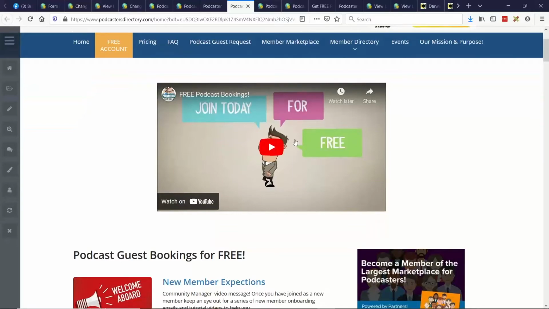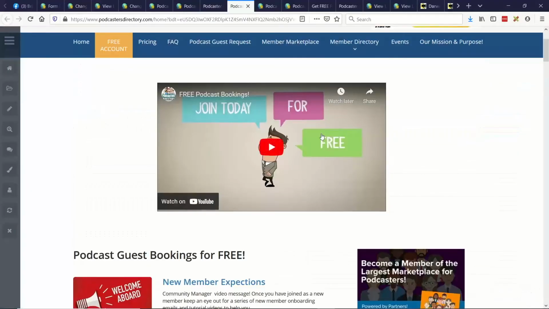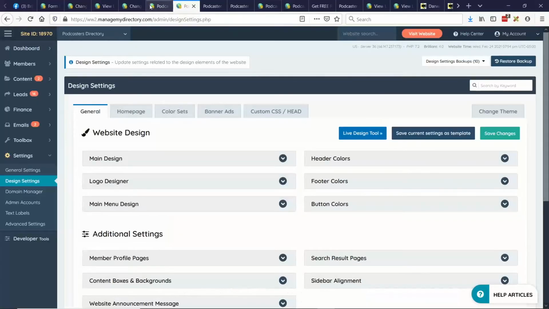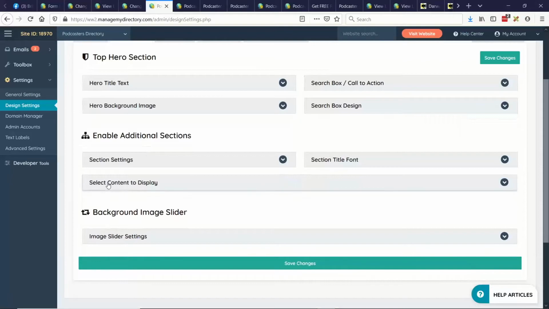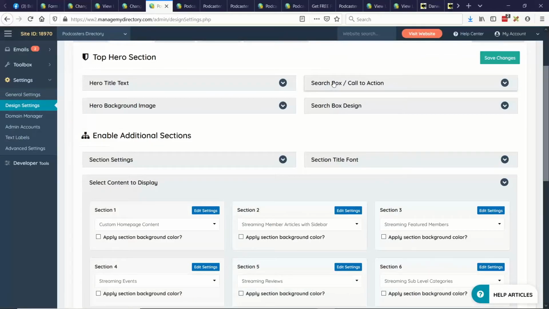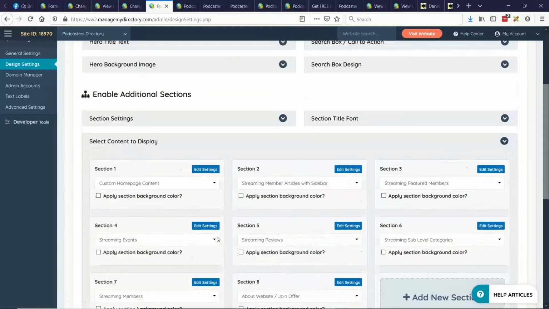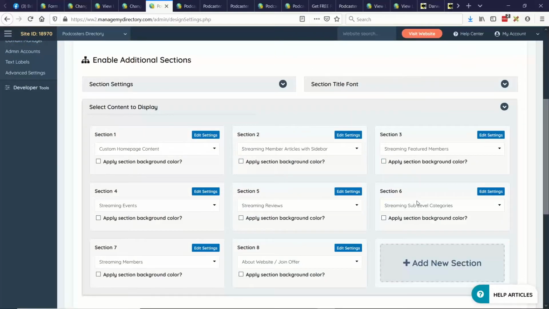So just put that landing page that you created. You can go ahead and put those items here, and then just work your way down the page. What you have here in your design settings on your homepage is the content to display. Your section 1, you've disabled the hero section, so that's gone. So now it's just going to start loading from section 1. In this case, you've set section 1 to be the custom homepage content, which you can very well make whatever you put on that custom landing page that you just created with the 1, 2, 3, and then you can still have all your other streaming items that you want on your homepage as well. So you don't have to sacrifice that stuff if you don't want to.